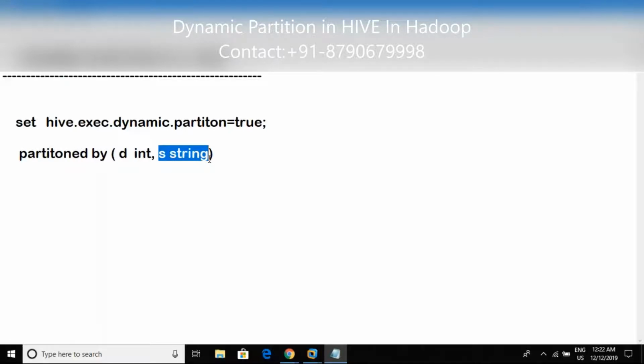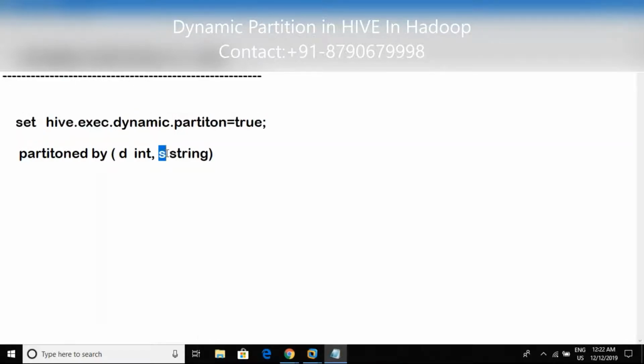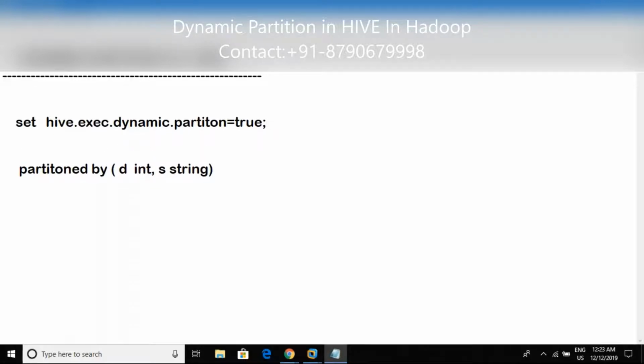Whenever you set this property, the rest of all the columns stated in the partitioned columns will be made dynamic, leaving this primary partition. Now I want my primary partition also to be a dynamic one. For this, I need to set one more property, that is, set hive dot